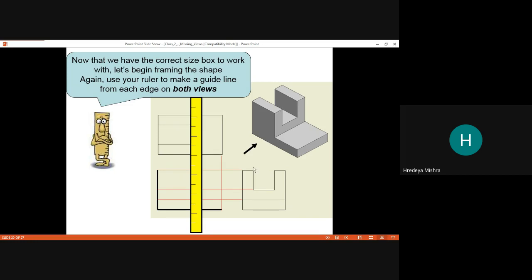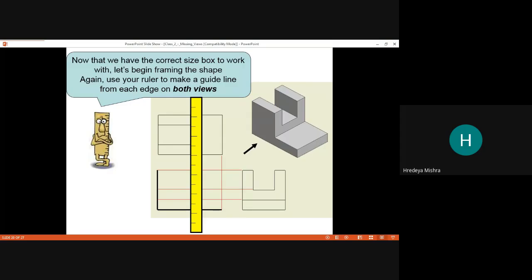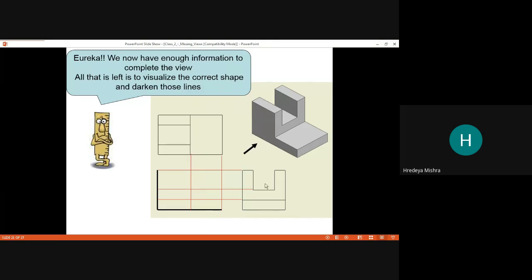You can see one line, two lines, three lines, and this line is already drawn. Here we can draw all the projection lines. So now it is easy, and we can make the observation.